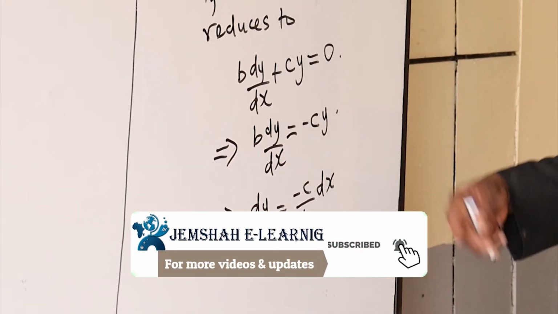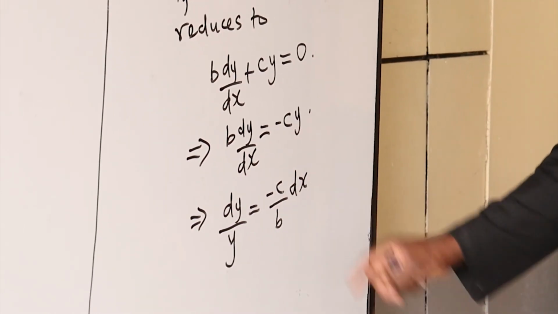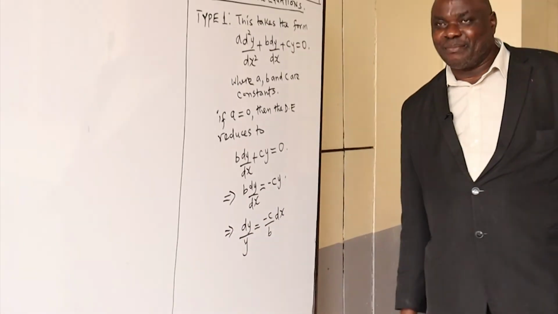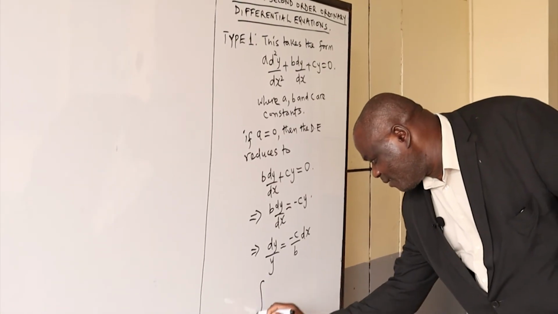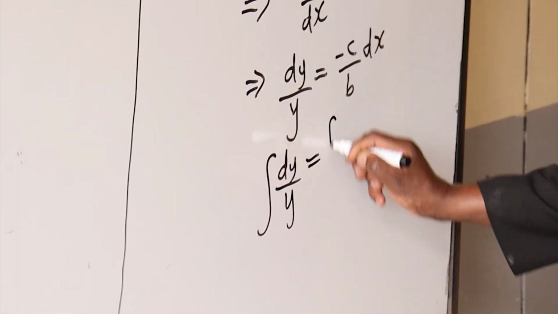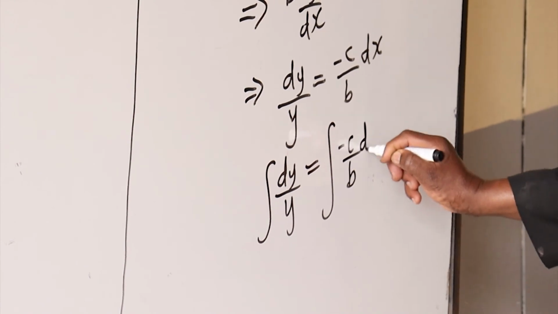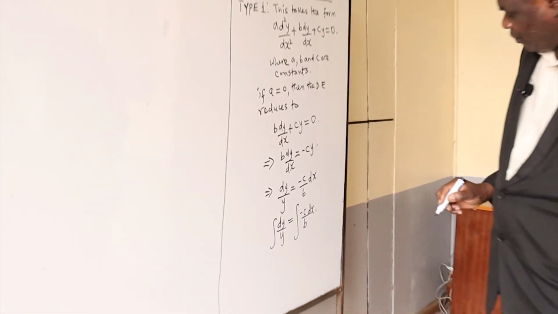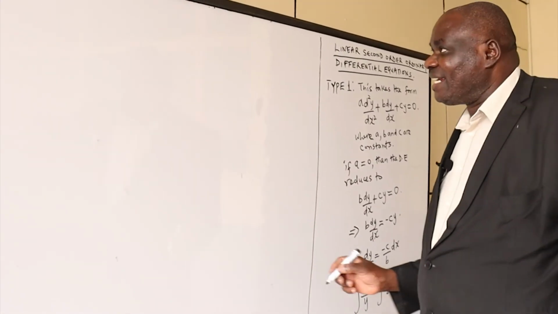Since C and B are just constants, they can be on any side, and we have let them be on the side of dx. So this side represents x values. This other side represents the y values. So the integral of dy all over y will be equal to the integral of minus C all over B dx, which gives us, when we integrate that,